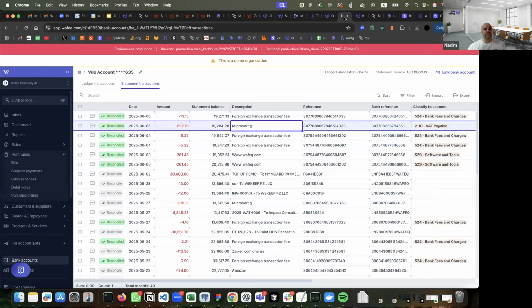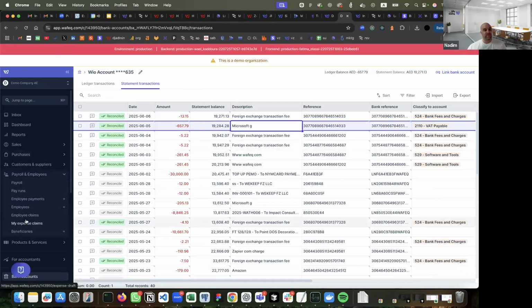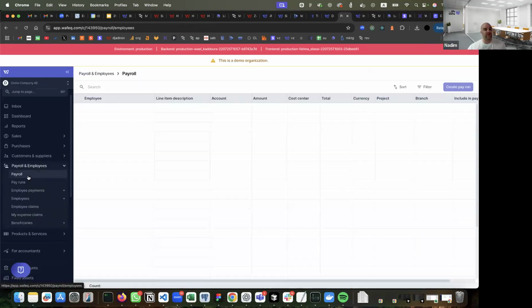Okay, I see. Okay, Nadim, I had a question. In payroll, how to update bonus? So in payroll, a quick overview: payroll allows you to automate the accrual of salaries and the payment of salaries, with the optional ability to send payslips to employees. The way you set it up is under payroll here, you set up the employees,